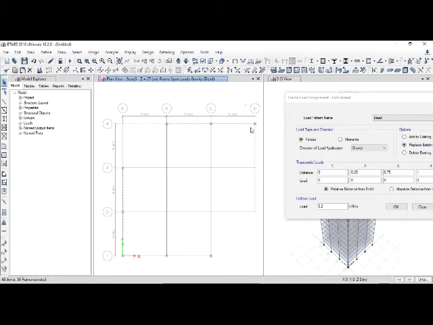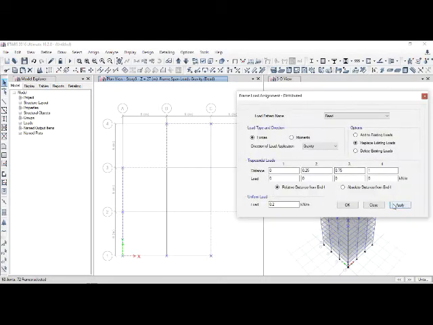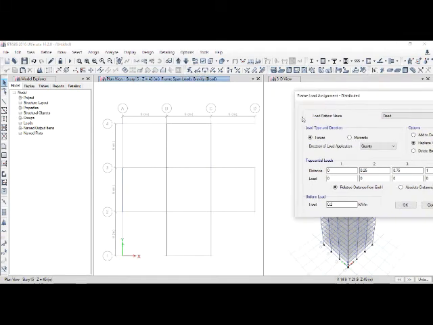By selecting only beams, it will be easier to select the perimeter beams as it will not select any other element of the structure. So again we'll apply the load of 0.2. Similarly, we'll go to third set of similar story between 15 to 19 and we select all the perimeter beams again.